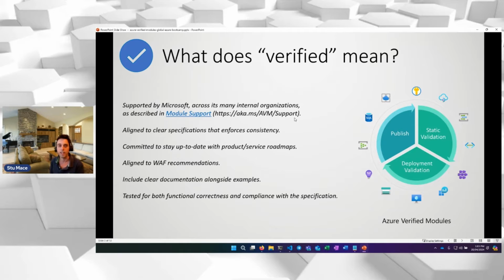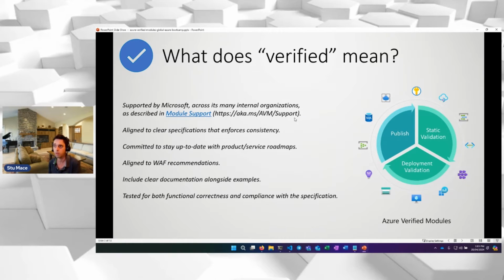So I guess we know what Azure means and we know what a module is, but what does verified mean? So that's what this slide is about. The key thing, and I think this is one of the most important things, is it's supported by Microsoft, and they've got a support statement, which I've linked on that top line there. There is also a specification that underpins AVM, which is designed to drive consistency between resources.